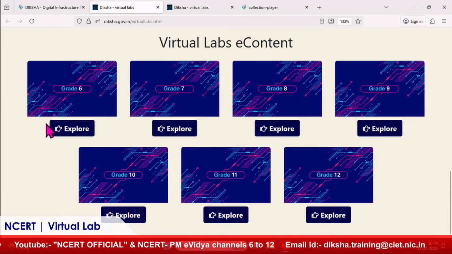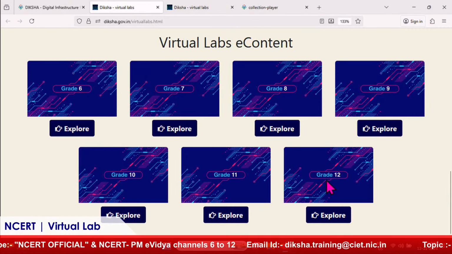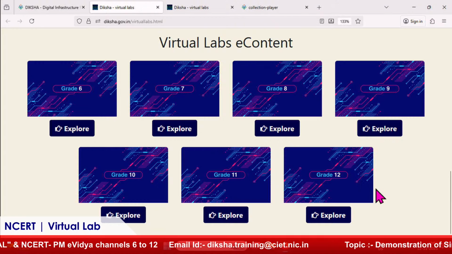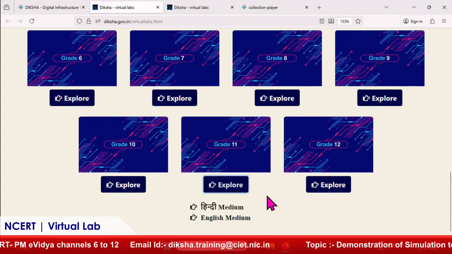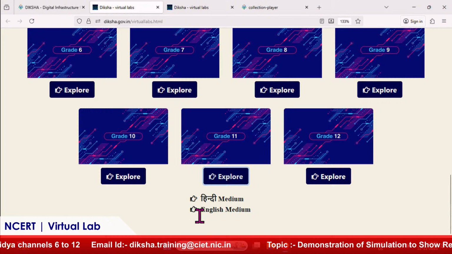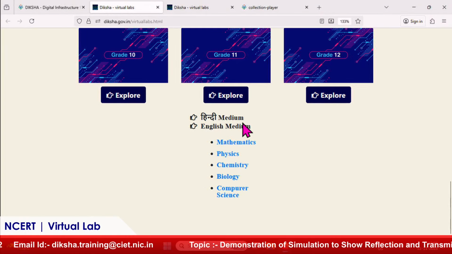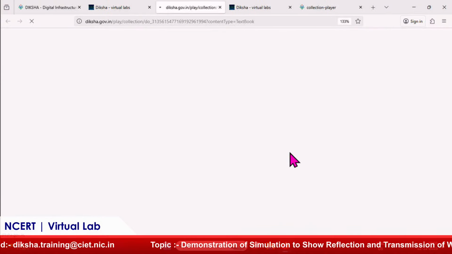And from here you can see that from grade 6 to grade 12th all the experiments are available in a digital form, and their experiment PDF, their videos, everything is available here. So, I will go to grade 11th, and the medium is Hindi and English. In both the mediums they are present. I will go to physics,